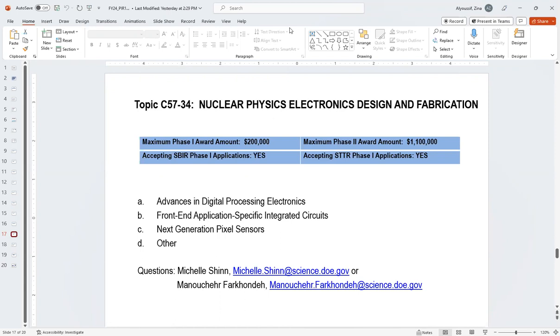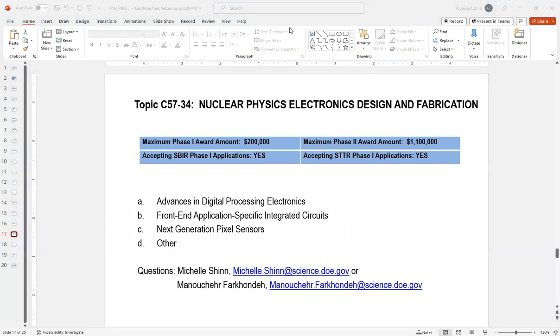Michelle, sorry. I see two questions for data acquisition system. What bandwidth and data rates? Well, that's actually listed in the subtopic. We're looking at sampling rates for those 16 effective number of bits. We're looking at sampling rates greater than 4 gigahertz at a bandwidth greater than 2 gigahertz.